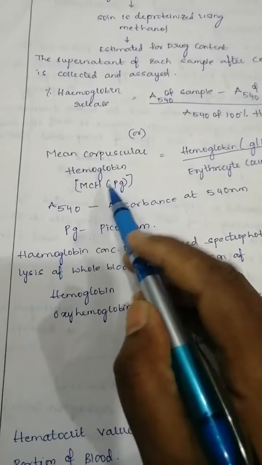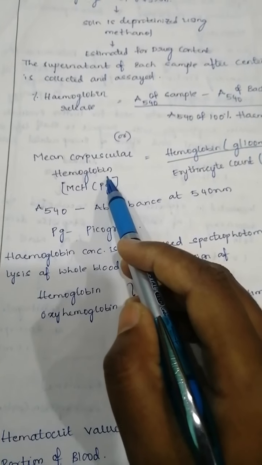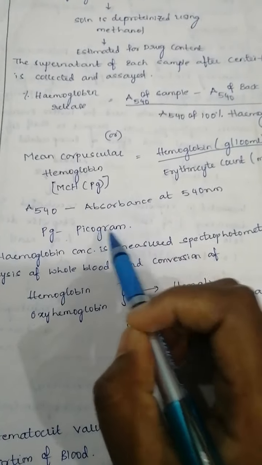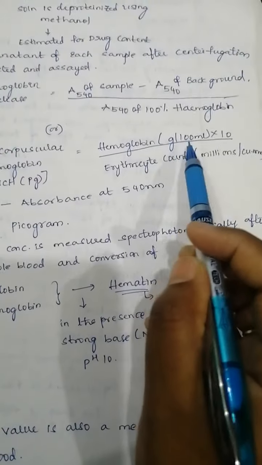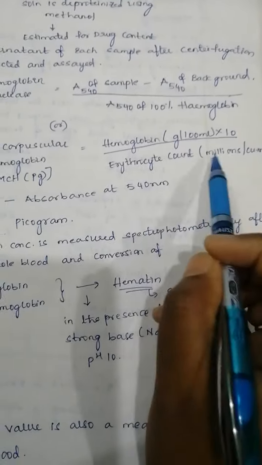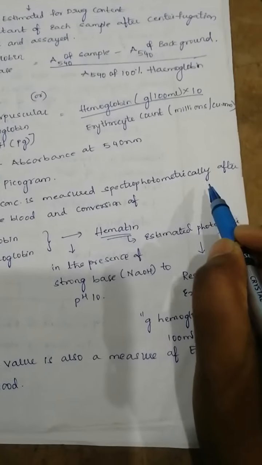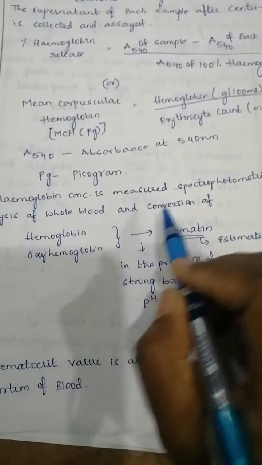Next, here PG, that is nothing but the mean corpuscular hemoglobin, MCH, and the unit of that is picogram. It is given by hemoglobin in gram per 100 ml times 10, divided by erythrocyte count. Next, hemoglobin concentration is measured spectrophotometrically after lysis of whole blood and conversion of